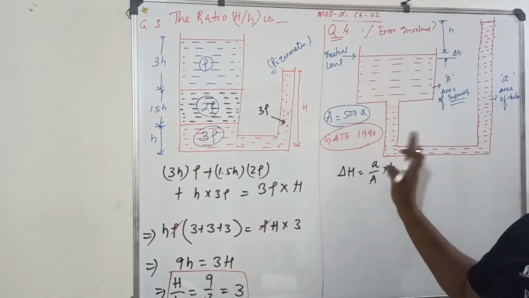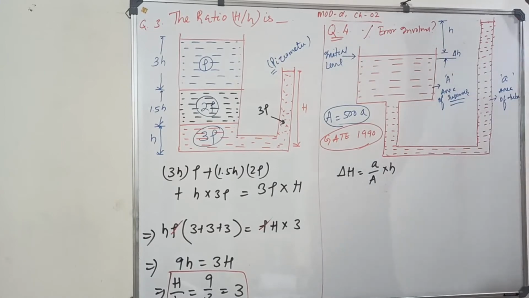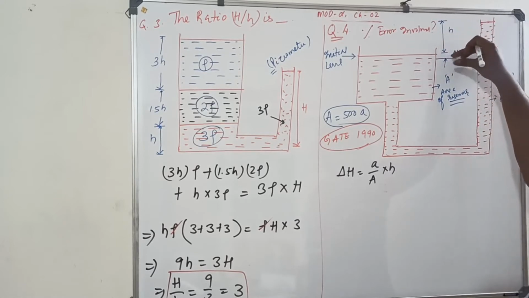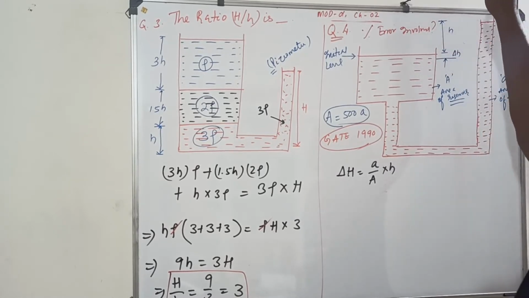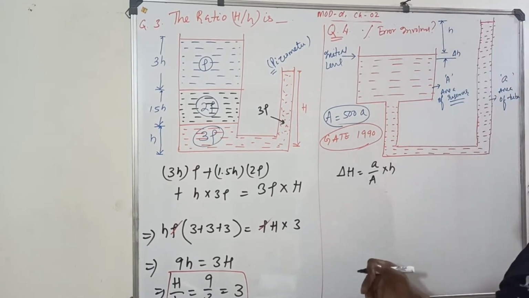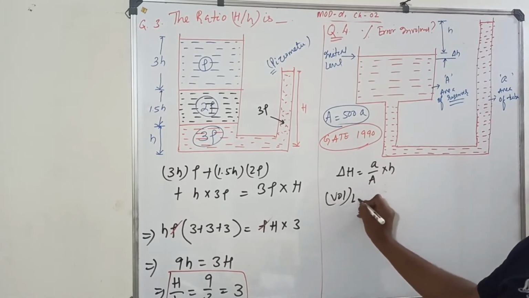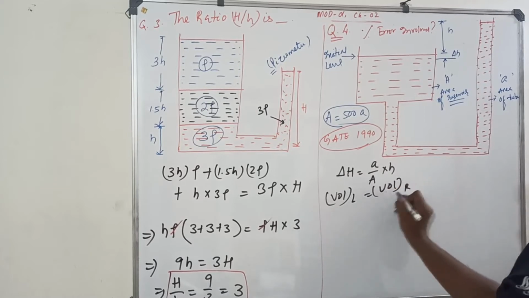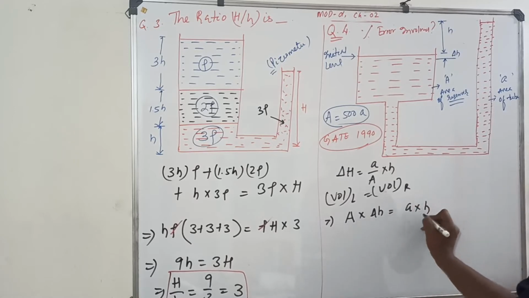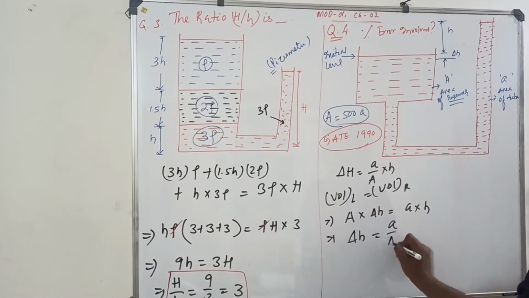Simple. Make the volume on both sides equal. Obviously, the volume poured here will be the same volume that goes up. So how much volume have you poured? Delta h volume you have poured. Now it has come across from delta h, it has gone H above, on the right hand side. So you are calculating what is the error involved. Make the volume on the left limb equal to the volume on the right limb. How much is the volume? Area into height, delta h. Here area small a, height capital H. So delta h I got is small a by capital A into H.